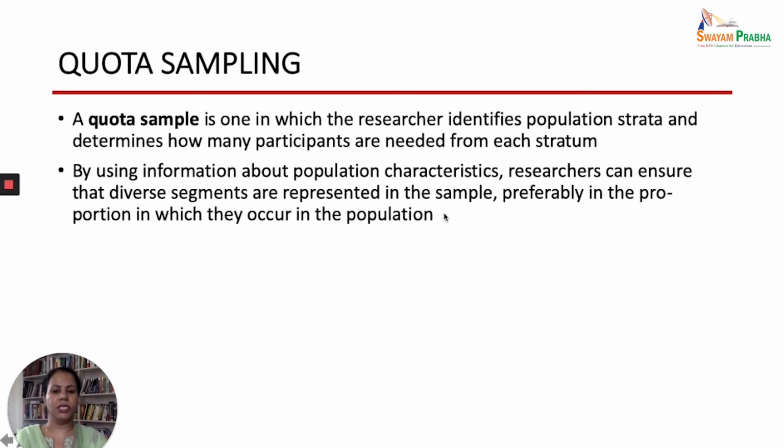So we try to see what characteristics are present in the population. For example, if we talk about the ethnicity or religion based segments of the population, then we may see what is the percentage of people of a specific religion in the population. Then it is better to include the same percentage of subjects in your sample as they are in the population. That is known as the proportionate type of sampling. So proportionately as they are present in the population, in the same way you will be selecting them in the sample.